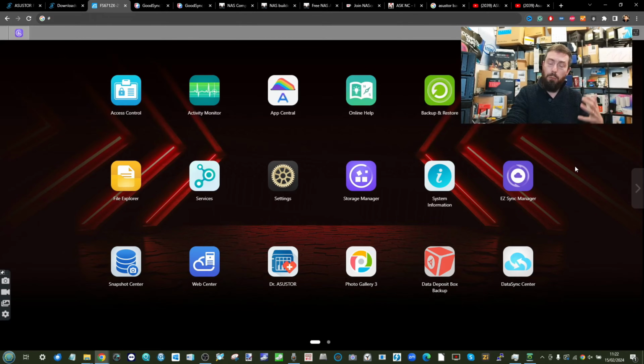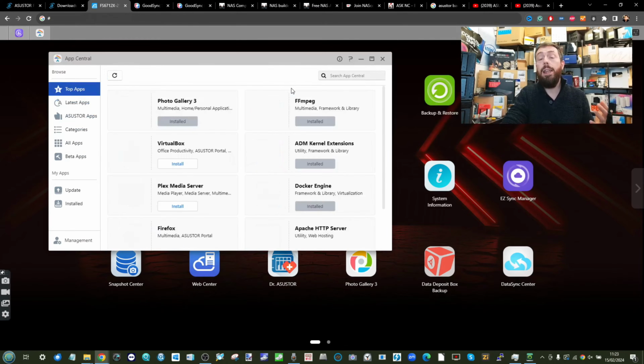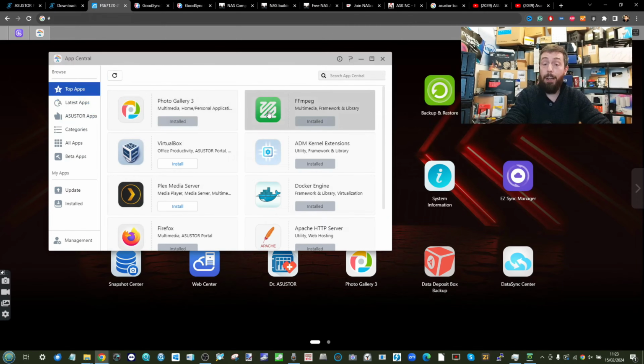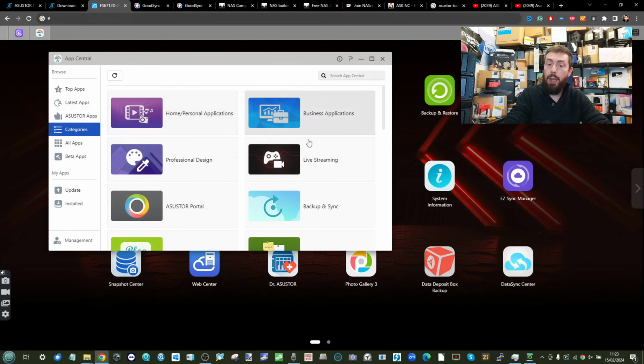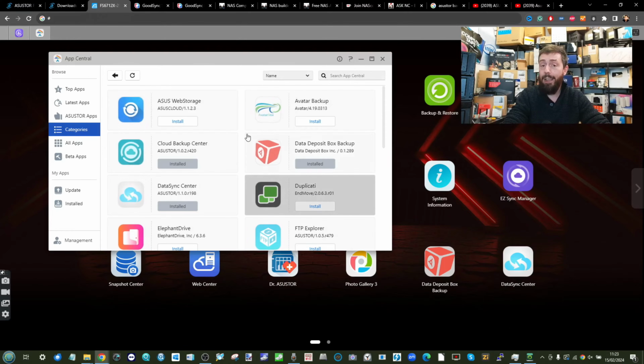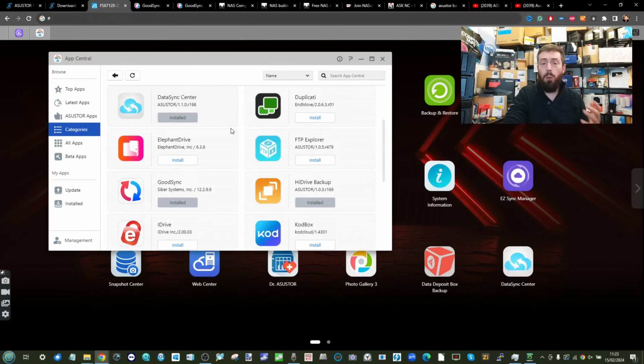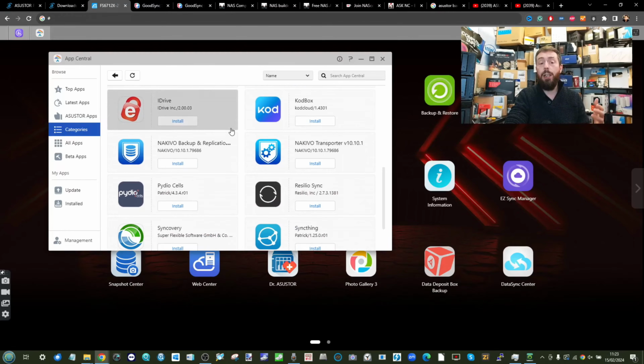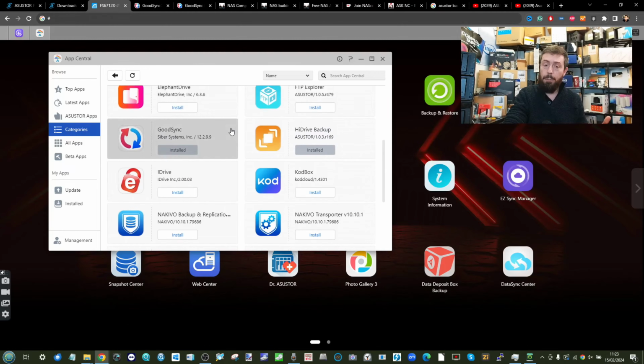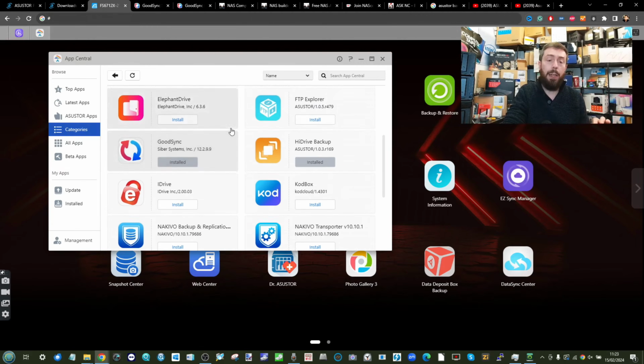Now, throughout the course of this video, as we go through the different tools afforded to you with Asustor, I do think it's worth highlighting that there are a number of third-party applications available to you. If you go to the category section of their site and go to the backup and sync area, you will see that not only are there Asustor apps, but they have a broader support of third-party targeted synchronization and backup platforms, some of which I've installed,